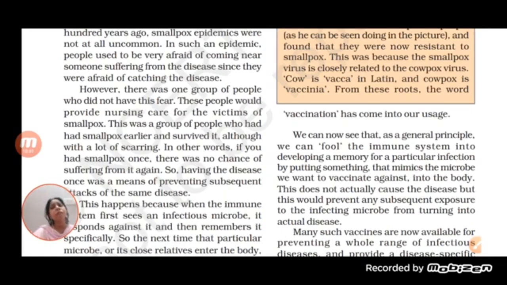So the first time, the person may suffer from it, but the second time the body's specialized cells have already recognized it. So the second time, when the same microbe or a relative of the microbe enters, the body is ready to fight it. Then it is easy for the body to respond against it. And this is the basis of vaccination. You have heard about the vaccination that is given from time to time to